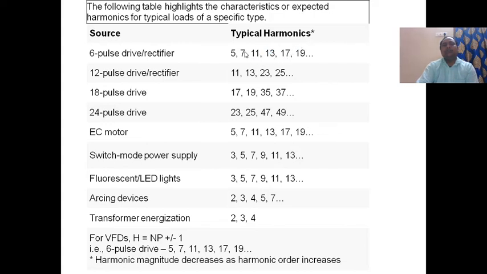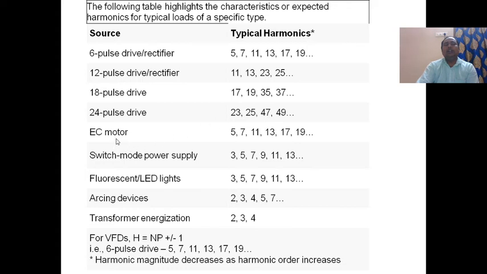In a similar manner, for 18, these are multiples of 6: 6 times 1, 6 times 2, 6 times 3. In 12-pulse also, 12 minus 1 is 11, plus 1 is 13. Similarly for 24, plus 1 is 25, minus 1 is 23. 18-pulse is the same, it presents 17 and 19. In 36, plus 1 is 37, minus 1 is 35. In 24-pulse also, plus 1 is 25, minus 1 is 23. For 48, plus 1 is 49, minus 1 is 47.